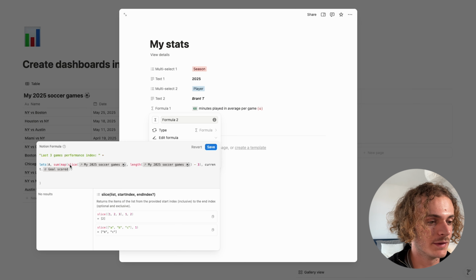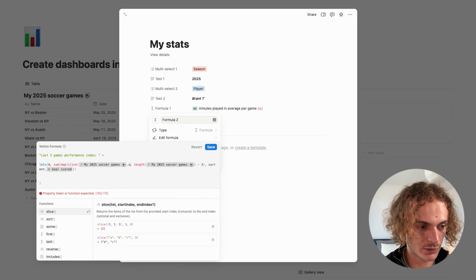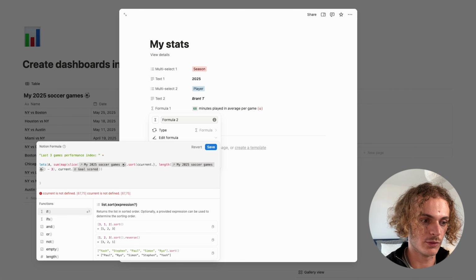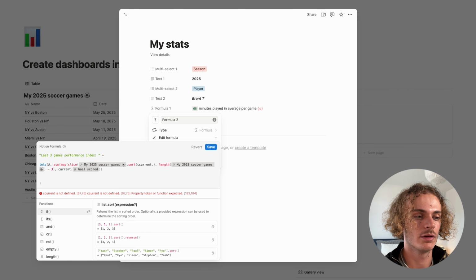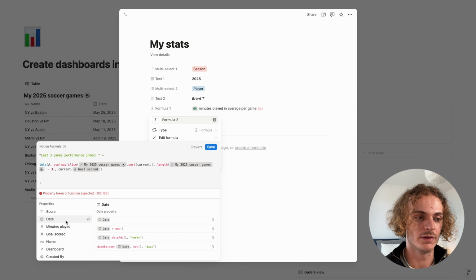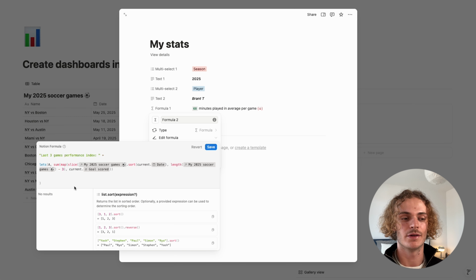However, we can sort it right now. Dot sort. All right, current. Every time you want to make a selection about the field, you will use current, and after by the date. So our array of goals scored will be sorted by the criteria that is the date. So firstly, there will be the latest games, and after, at the end of our array, of our list, there will be